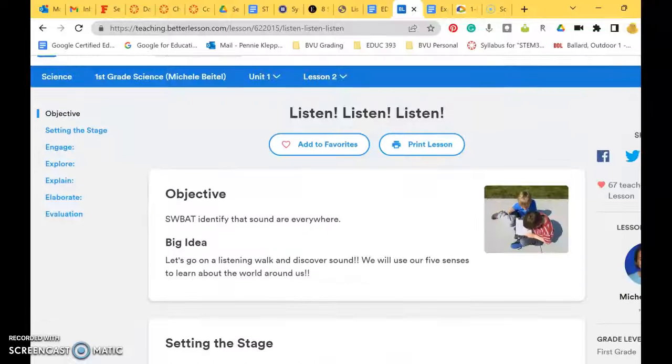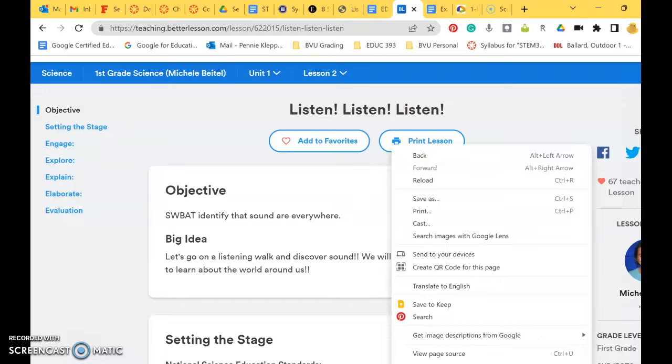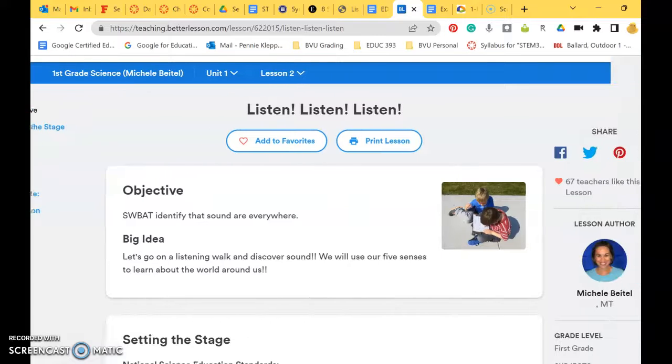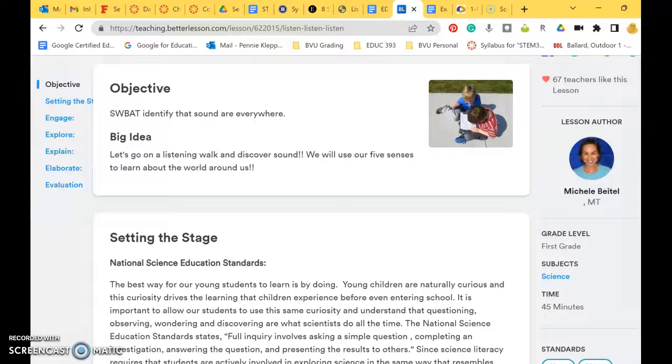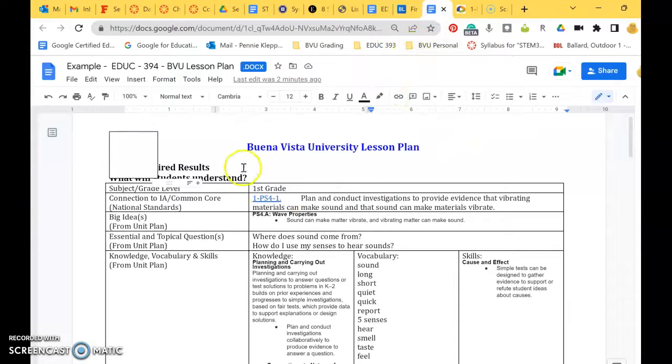Go ahead and get up to the part. It's listen, listen, listen, and it shows right over here. So if I can get this to scoot over. The standard right there, and I'll focus on just the science standard for this particular lesson, and I'll explain how I did this. If I go back here, the first portion is obviously